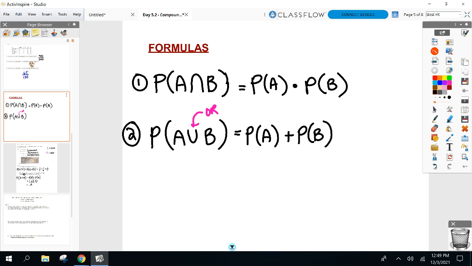And if anybody remembers what we always had to do yesterday, for any or one, we had to subtract what was in common. What do I mean by what's in common? The probability of A and B together. Well, how am I going to find that? Look at number one. You got a formula for this? Yeah. Okay. So even if the problem doesn't give it to you and all you have is A and B, you can find A and B. So that's how we're going to find or: A plus B minus the and. Let's go! Next up.